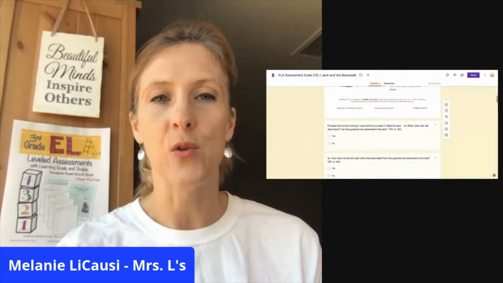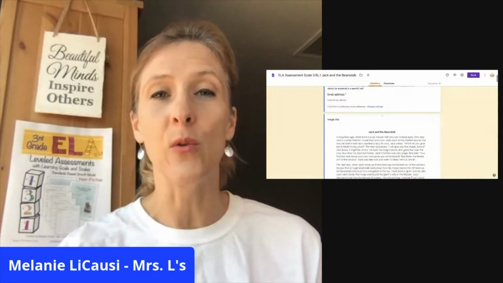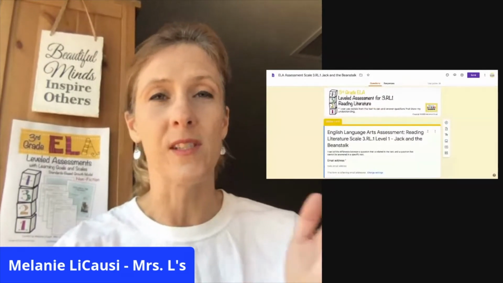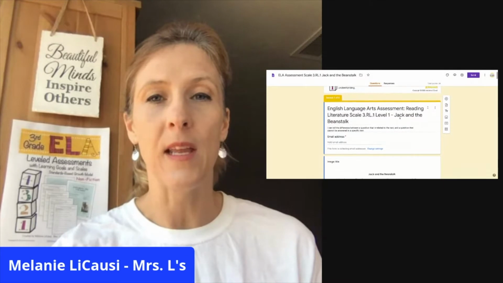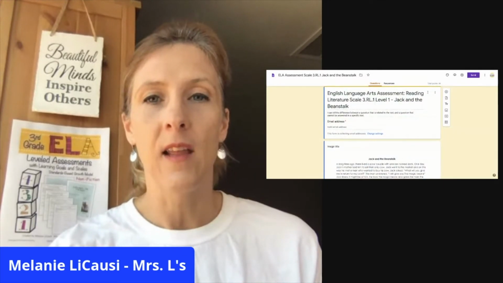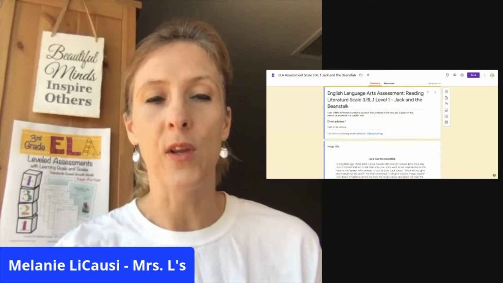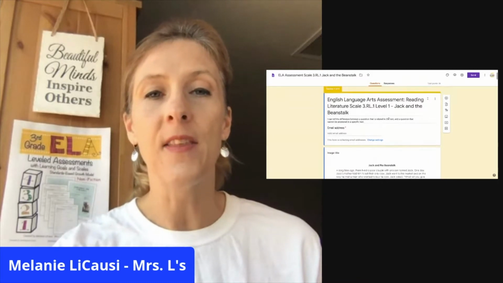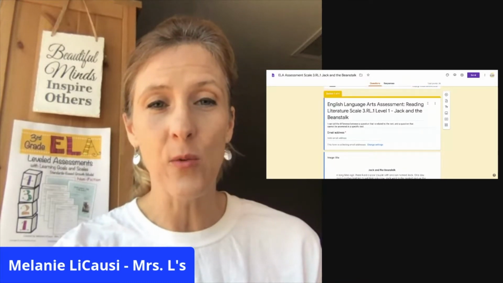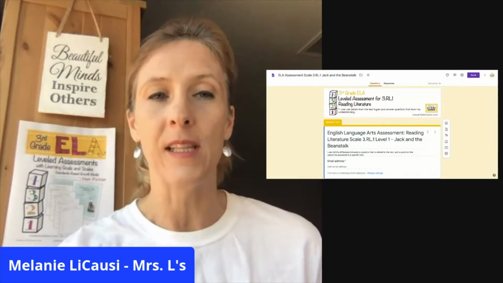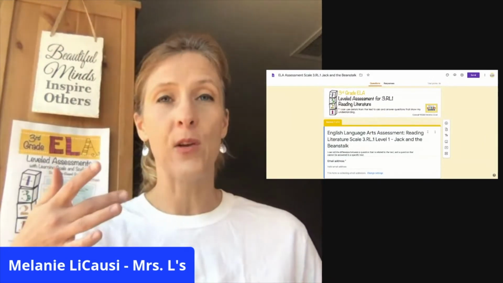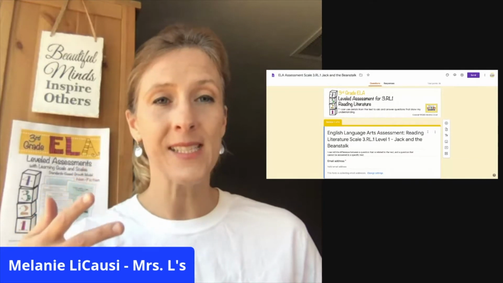It's a 2-page story. It's included in the Google form, so there's nowhere else for your students to flip or go to find the content. They're going to have the title so they know what they're working on. And then there's a different learning standard for level 1. So if you can see how level 1 relates to the standard, the level 3 grade level standard for 3rd grade